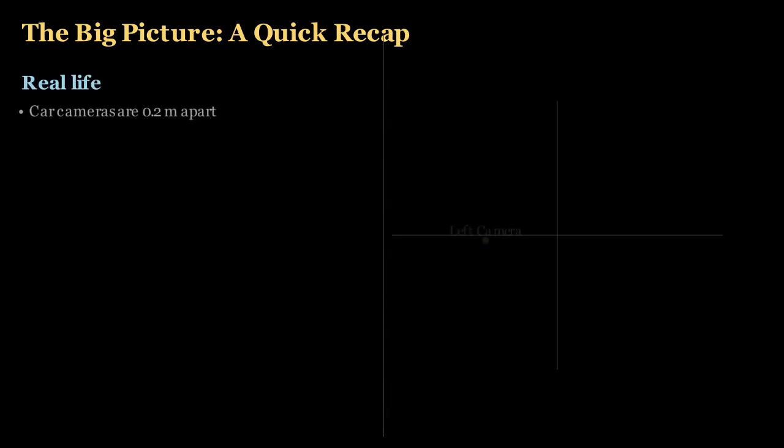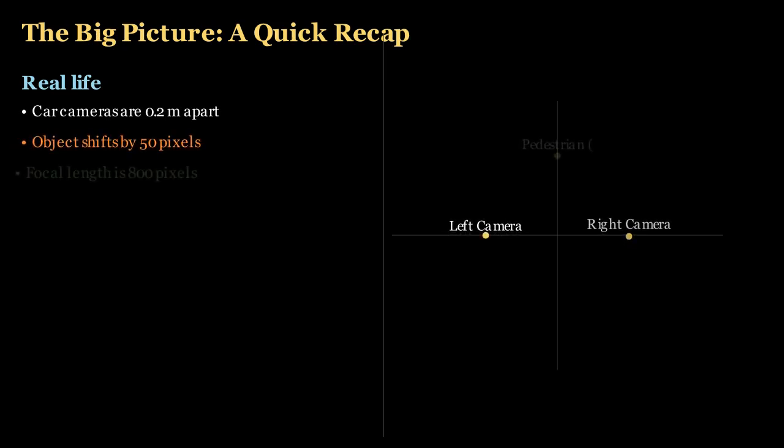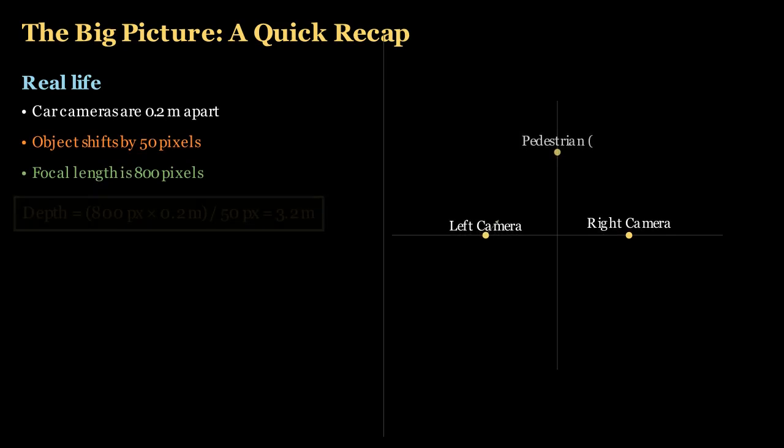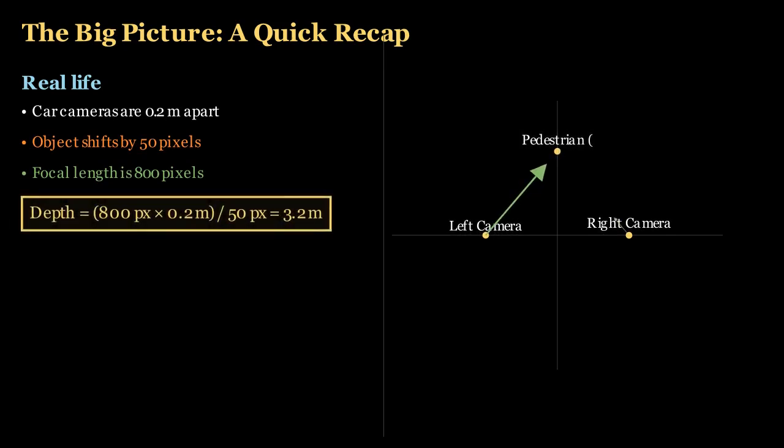Let's solve a real problem. A self-driving car's two cameras are 0.2 meters apart. A pedestrian creates a disparity of 50 pixels on the sensor, and our camera's focal length is 800 pixels. We plug these into our depth formula, depth equals